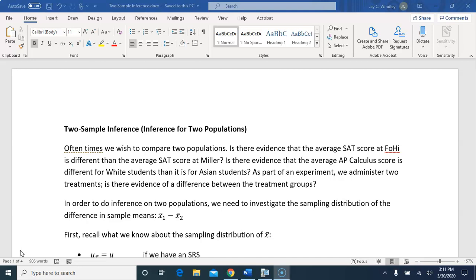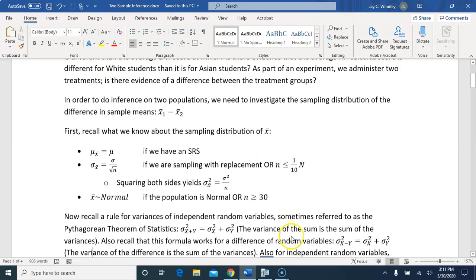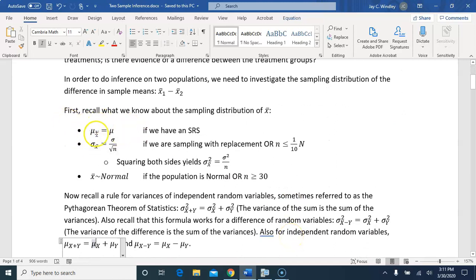So just like we did before hypothesis tests and confidence intervals for single proportions, we need to look at sampling distribution, and we need to look at the sampling distribution of x bar 1 minus x bar 2, the difference between two sample means. So recalling what we know about the sampling distribution of x bar, the mean of the x bars is the population mean, and the standard deviation of the x bars is the standard deviation of the population divided by radical n, and under certain circumstances the distribution of x bars is approximately